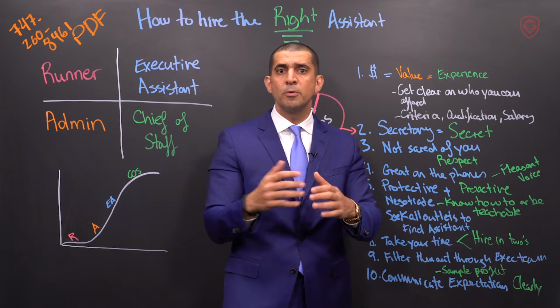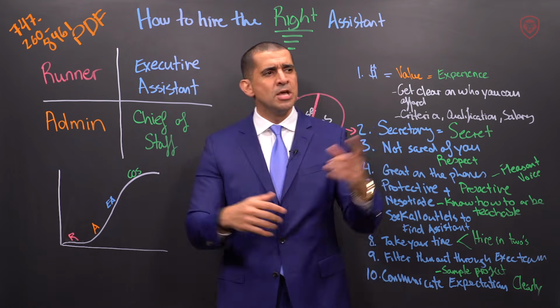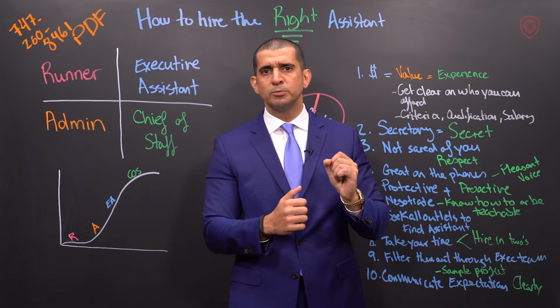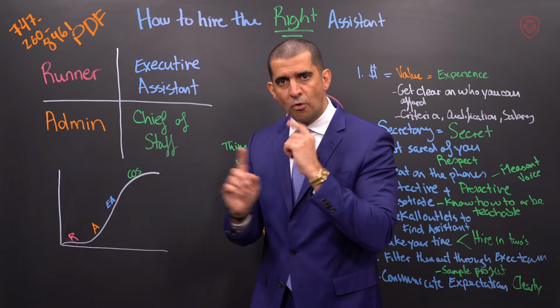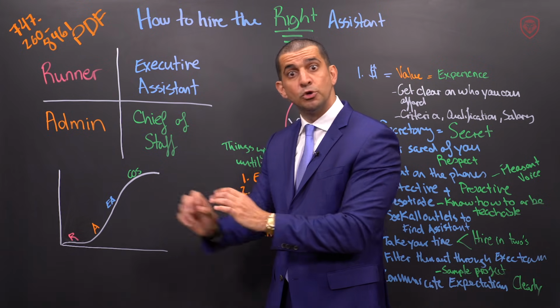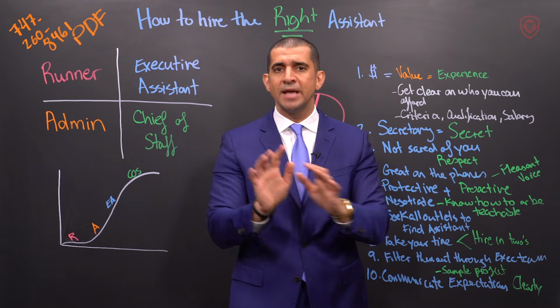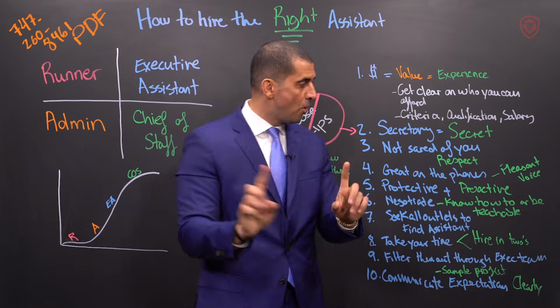Should I get you the dentist appointment? Proactive. Say, when's the last time you saw the dentist? Hey, when's the last time you called this person? Hey, you may want to call that person. It's their birthday coming up tomorrow. It's their anniversary. Proactive. That person's wedding's coming up. This person's birthday's coming up. That person, do you want me to send them a gift? Hey, your wedding anniversary's coming up. Hey, it's your dad's birthday. Proactive, protective, both at the same time.